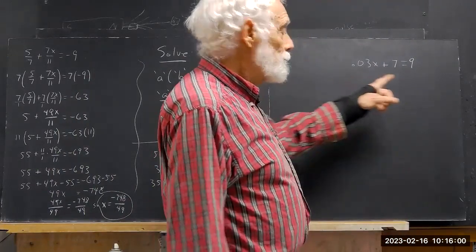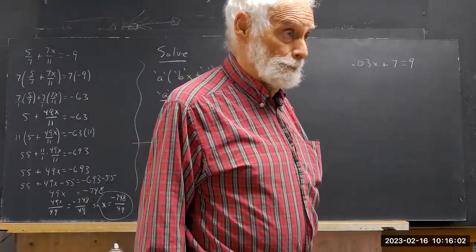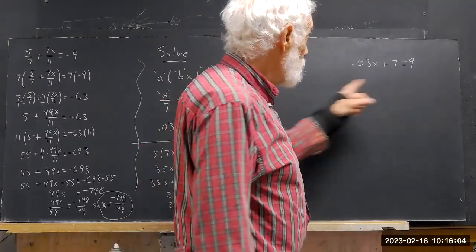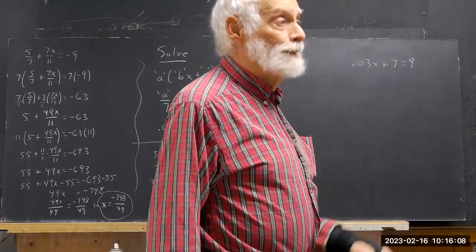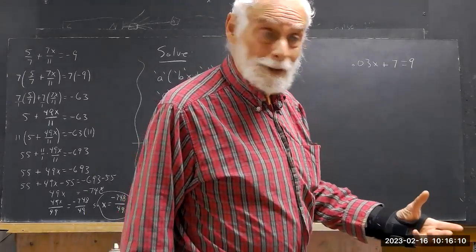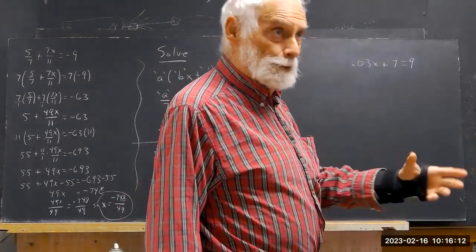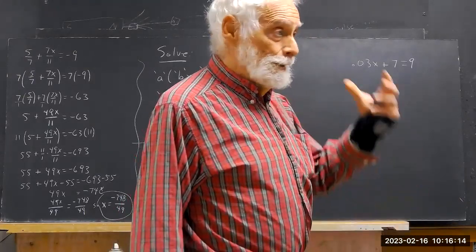Anytime you have decimal numbers, you can clear them out. All I have to do is multiply both sides by 100. What's 100 times 0.03? It's 3. Okay. Now you really need to understand that about decimal numbers, since